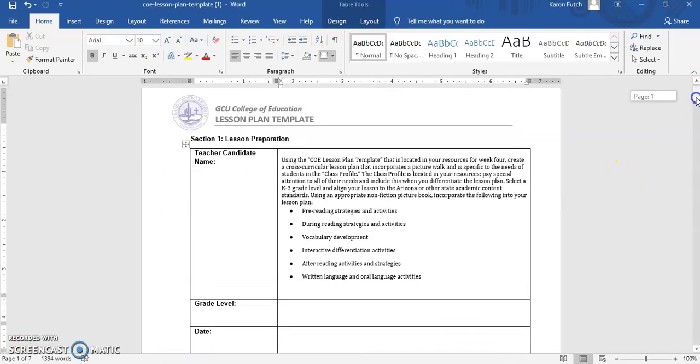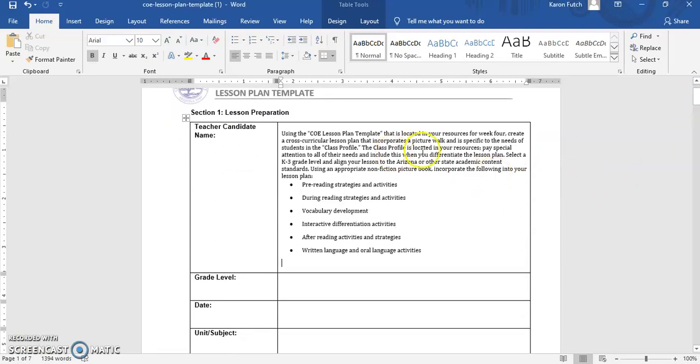So moving on, this will include a picture walk, which means you take a book with the students, you go through the book, and you walk through it. You may discuss the cover, walk through the book, open a few pages, look at the pictures, ask some questions, and that's a picture walkthrough. So you will do a picture walk, and it also says